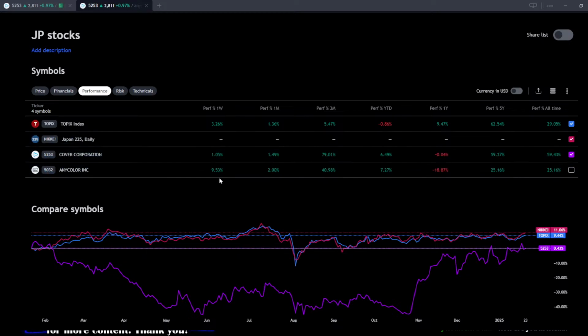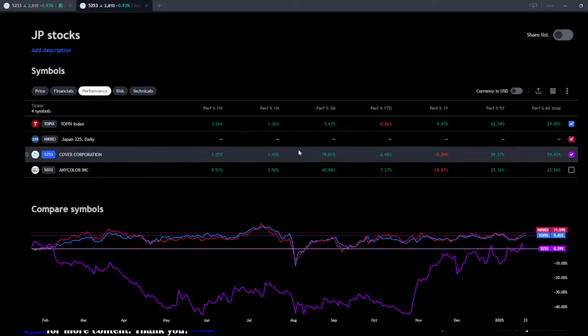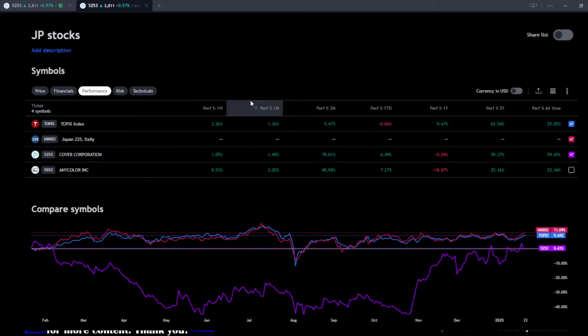Now, when you're looking at performance, AnyColor is still outperforming them. Once we got past Q2 and you had that upward revision for Cover Corporation, there was a definite jump within their performance. However, I always try to preface it and remind people, just because they had this upward revision does not mean that they have made more money with that upward revision, because basically what you end up having happen is that you end up